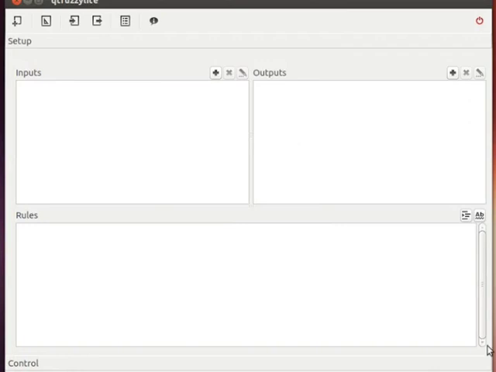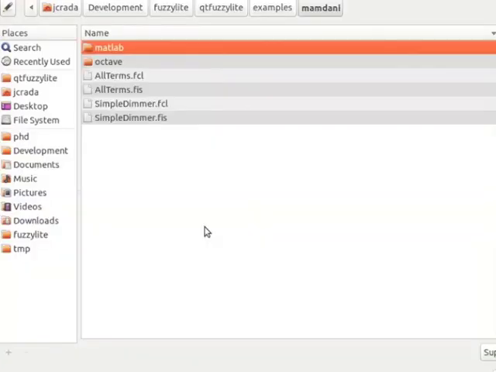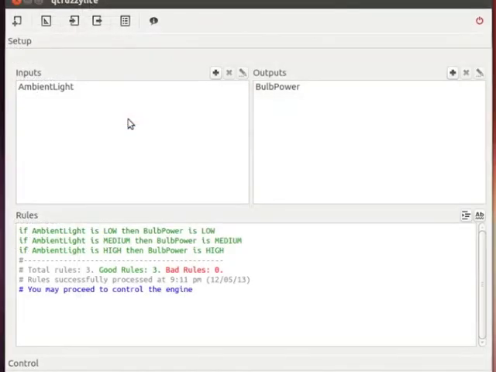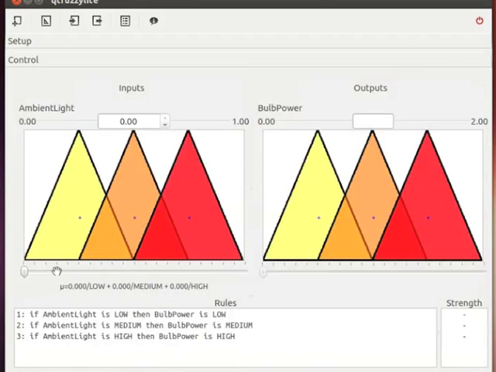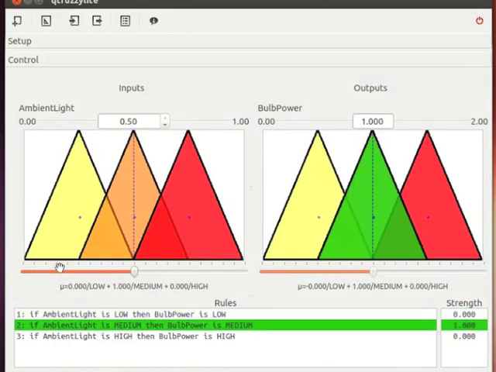The FuzzyLite library also allows you to import and export using different formats. So I'm going to import from a file which we created as an example. It is ambient light and bulb power. We want to control how much light a bulb should emit given the ambient light. So we have some basic rules, nothing too crazy, and the control, as you see, shows just a